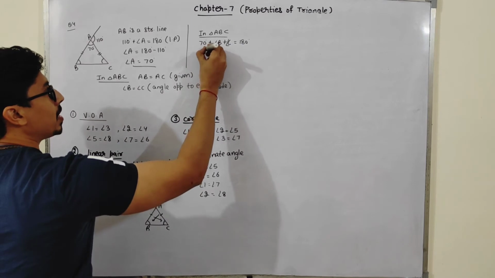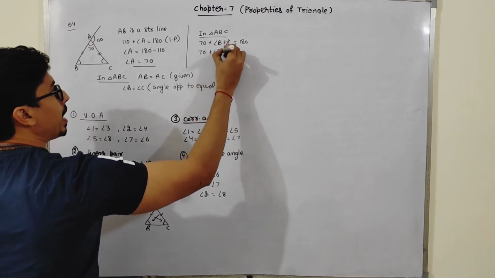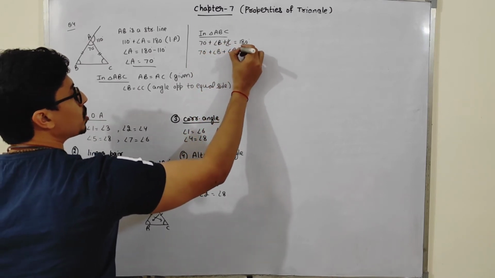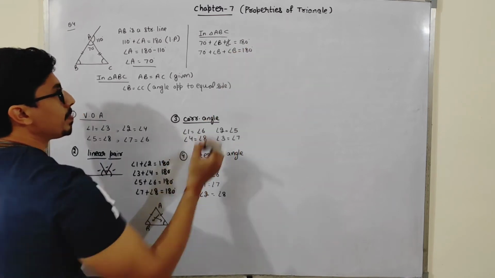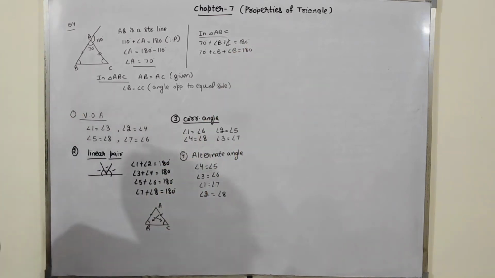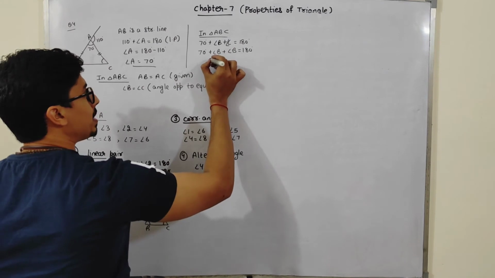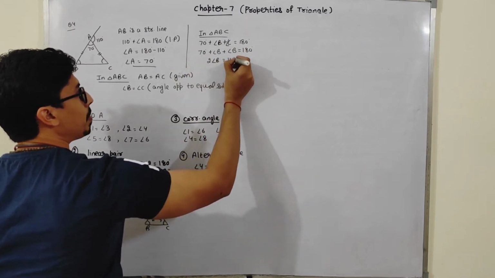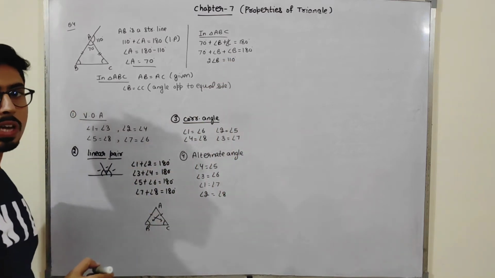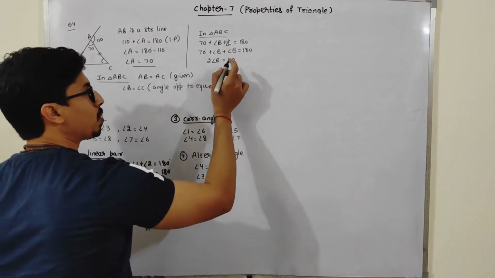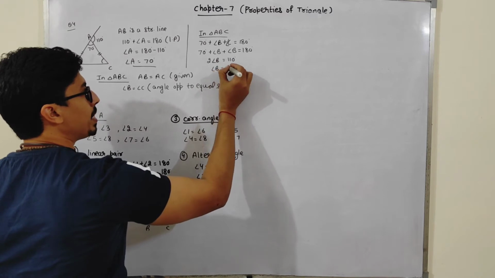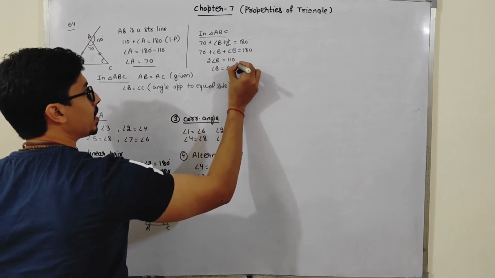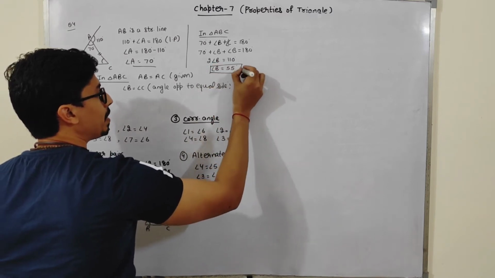So can I say this angle B and name this angle C as angle B, because both of these are equal? I can say this. See, B plus B is twice of angle B. When this goes here, it will be in subtraction, so it will be 110. Okay. 2 is in multiplication. When it goes here, it will be in division, so it will be 55 degrees.